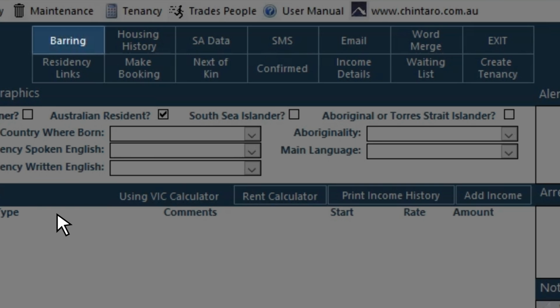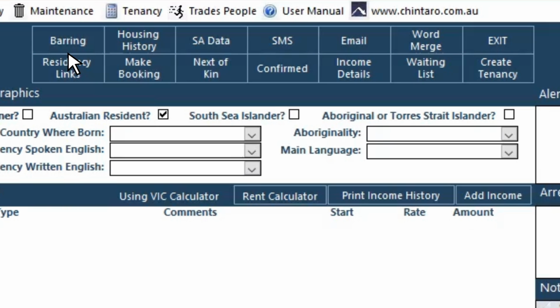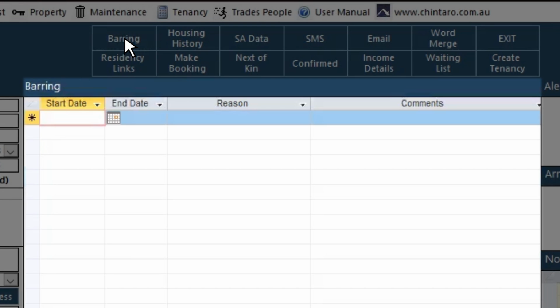The barring function allows Chintaro to prohibit a client from being tenanted for either a set period of time or indefinitely. We would use the barring function if an issue arose with a client and we wanted to bar them from being able to be tenanted in Chintaro. When we click the barring button, the middle section of the client screen changes, and we can now view or